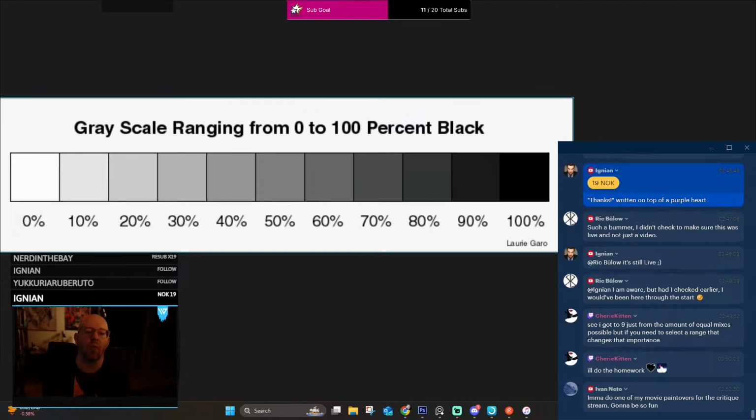Yes. So it's weird to say the scale itself is not all that important, but what is important is which ones you're using from the scale. That's of utmost importance. But the scale can be anything. It could have a billion values and tiny little slivers, but at a certain point it's not worth the hassle. So making them distinct works better. And I would never really use more than a 9-point value scale. There's no need to. I mean, if it works well enough for Rembrandt, it works well enough for me.